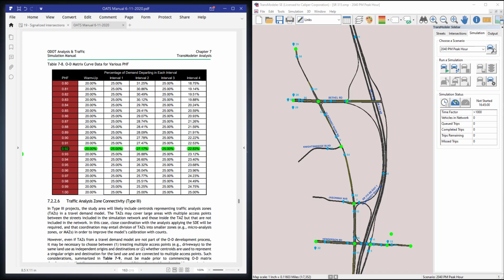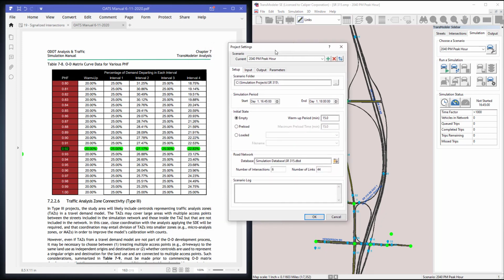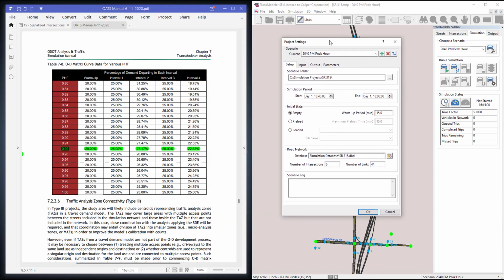So to enter this in TransModeler, go to the sidebar, Simulation tab, open the project settings. And because we're including a warm-up period, we want to make sure the simulation period reflects that. So our start time will be 4:45 p.m. and our end time will be 6 p.m. The initial state will be empty, and then the warm-up period is 15 minutes. So this means the first 15 minutes during the warm-up period are by default excluded from the reports you generate